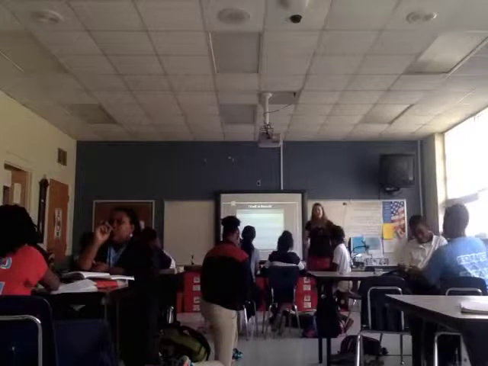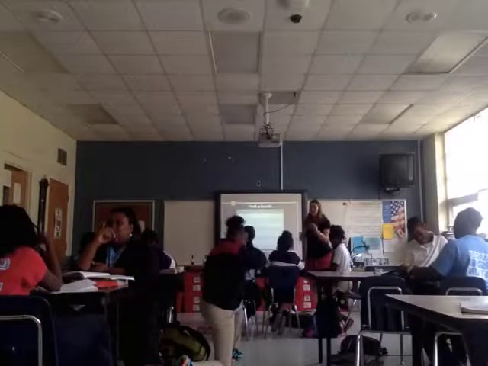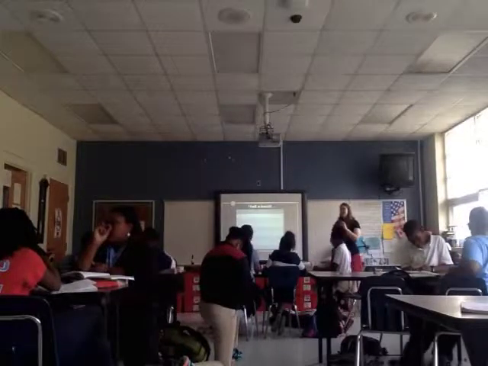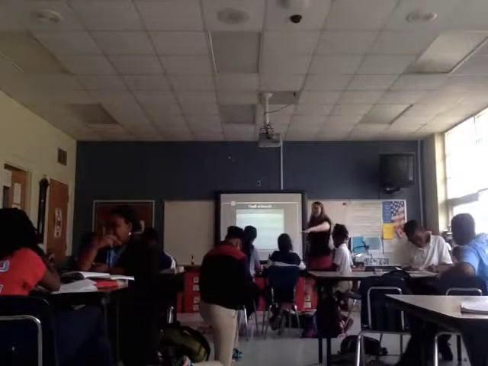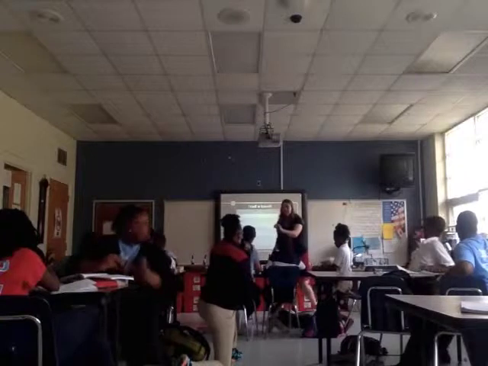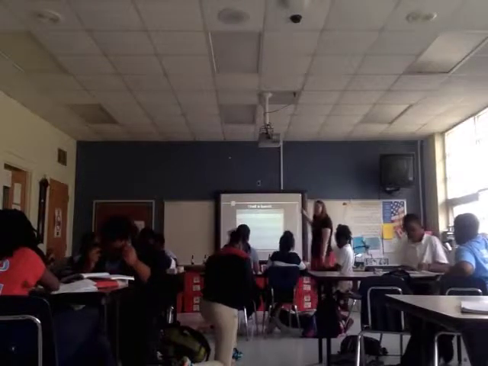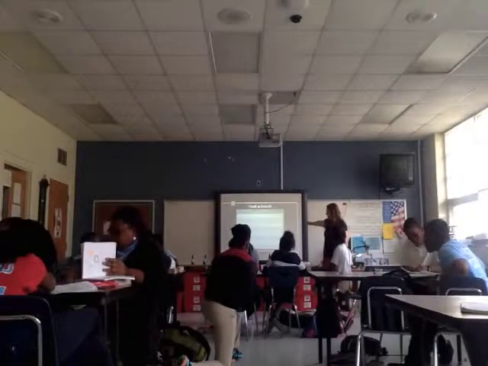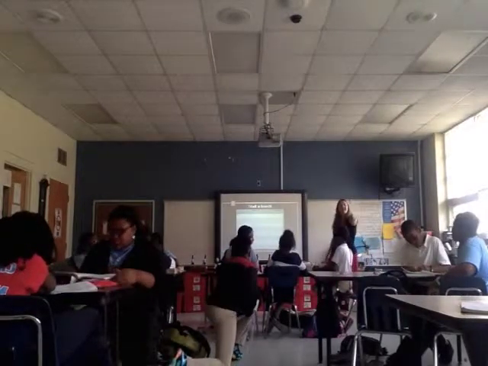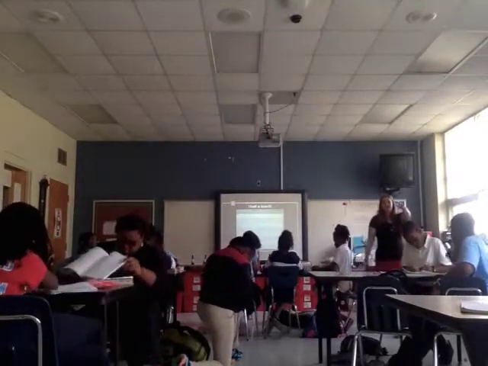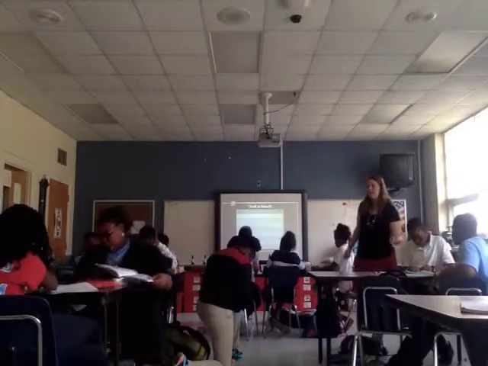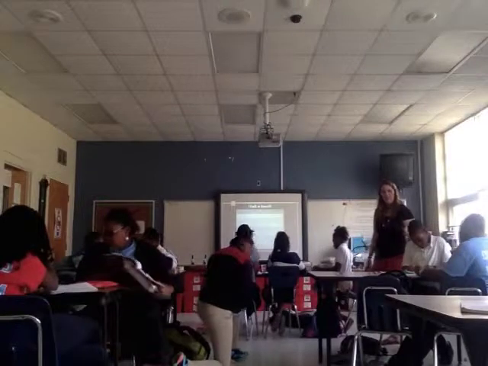When you finish your table, if we have time, you're going to switch with the other table group. So, for instance, right now, this table has rocks and minerals 1 through 4, so they are going to mark boxes 1 through 4 on the chart. But this table right here has 5 through 8, so instead of starting with 1, they're going to start with number 5. Give me a thumbs up if